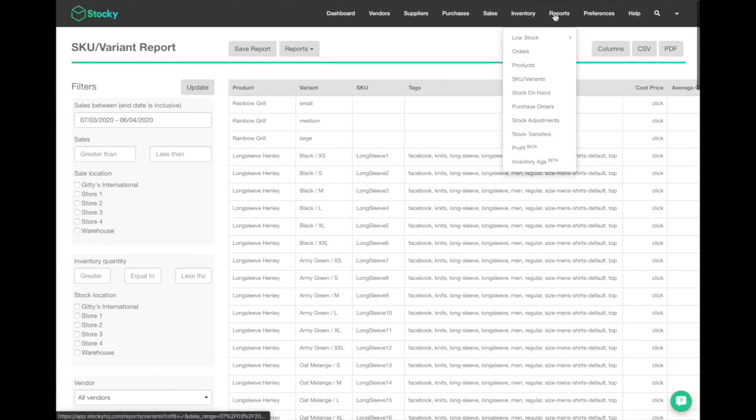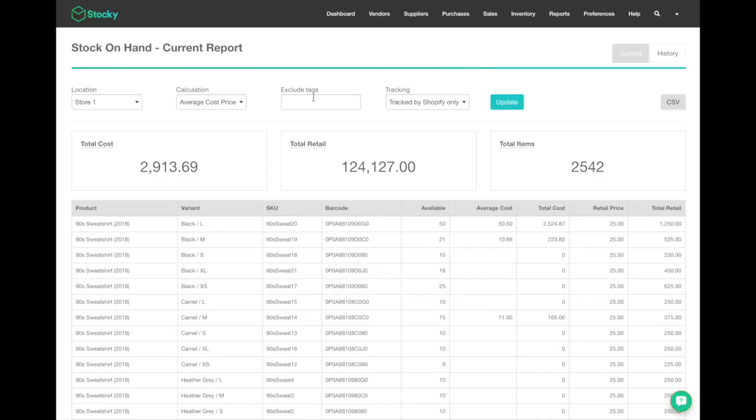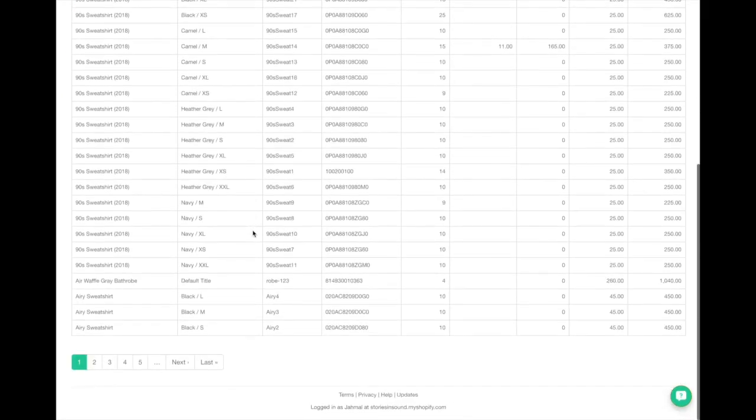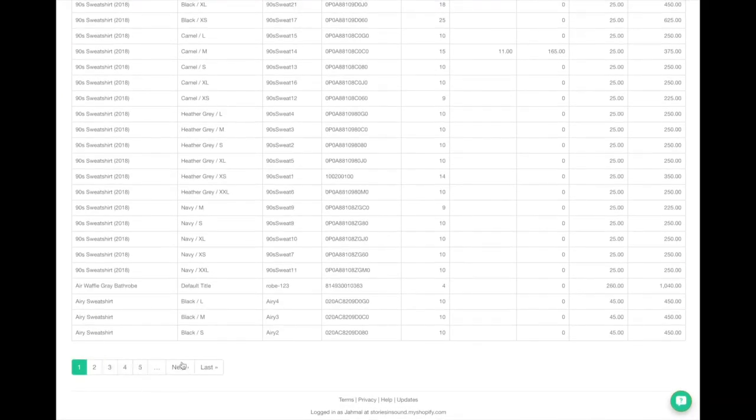Some other great reports that are really useful, I kind of talked about these in the statistics side of Shopify, but you've got a stock on hand report. In your stock on hand report, what you can do is look at the total cost for your products and total retail value for your products across all your locations individually, which you'll see here. So in the top left, I can look at my different locations, and I can see this stock on hand at each specific location down to the variant SKU down below, and I can filter through all the pages here.